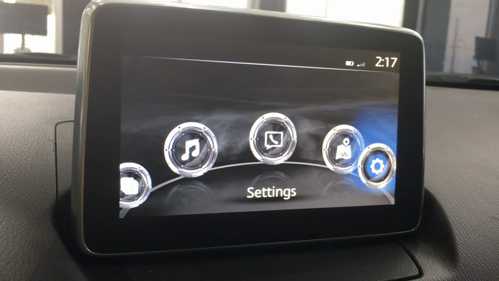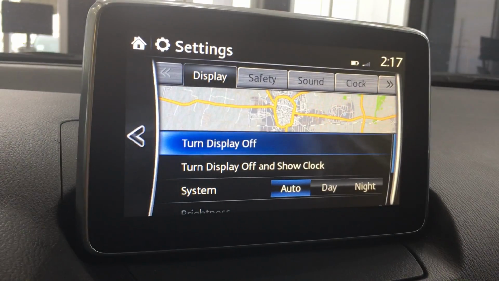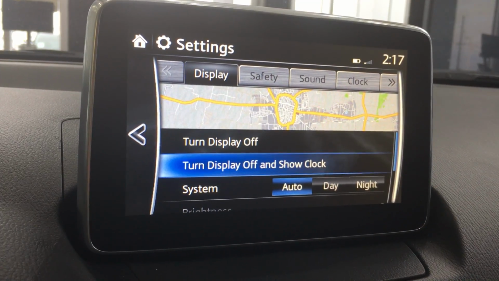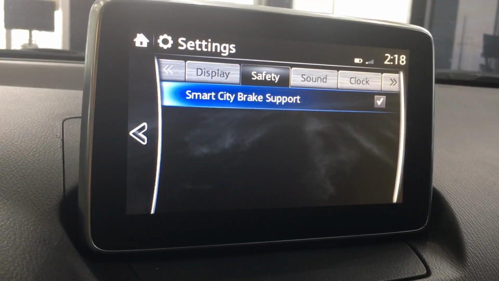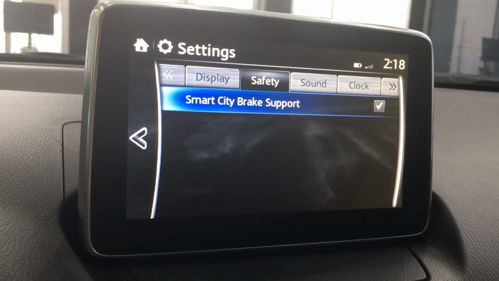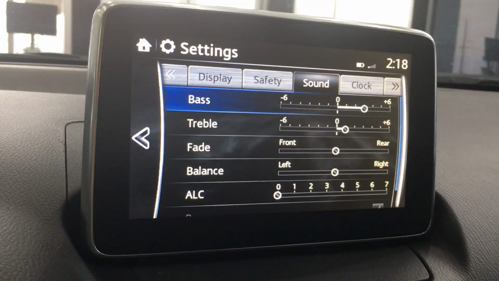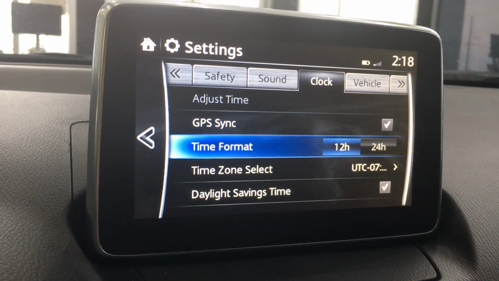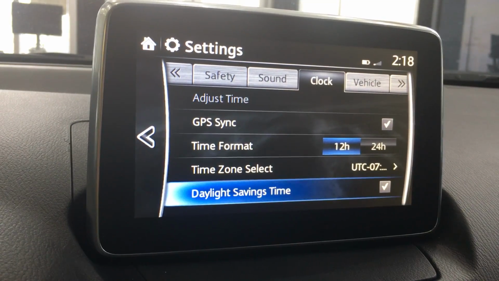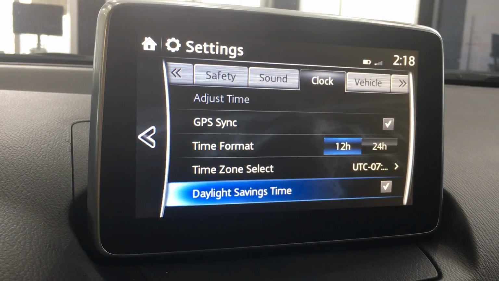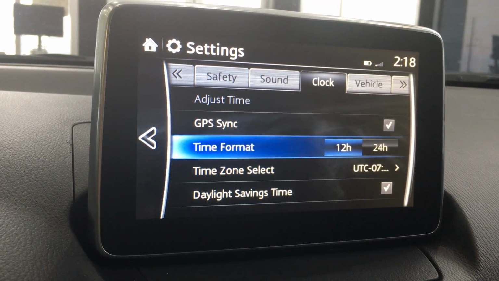The final one down here is your settings, which you kind of noticed a little bit earlier. Then we got your display settings. Scroll over, you've got your safety settings, whereas there's that smart city brake support, which demonstrated in earlier videos. Sound settings, and your clock settings, which is pretty neat. GPS locations, time zones. You'll notice it by hitting daylight savings. Automatically changes your clock, so you don't have to worry about that every